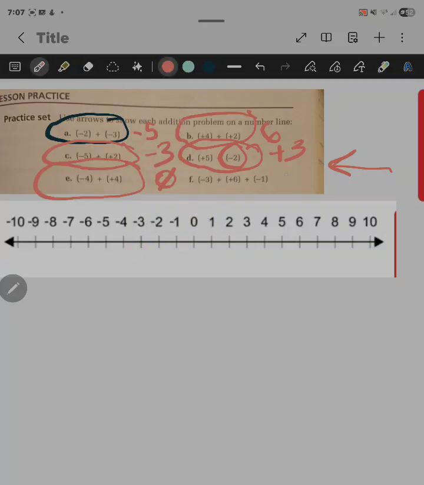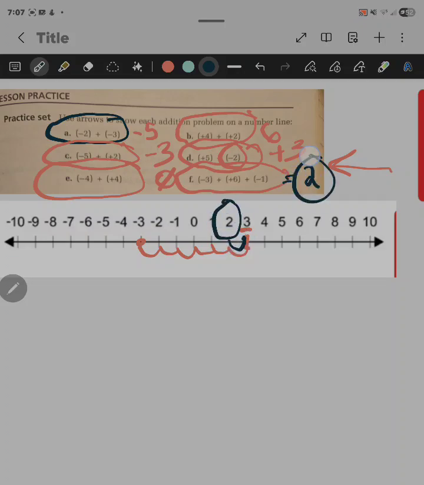Okay. All right, we got one more. And we are going to start out this time at -3. Okay. And we're going to add +6. So we're going to go 6 to the right because we're adding a positive number. 1, 2, 3, 4, 5, 6. So far we're at +3. But we have another step here. We're going to add a -1. So anytime we add a negative, we go back to the left this time. Let me use a different color here. We're at +3, and we're going to go back to the left, and we end up with